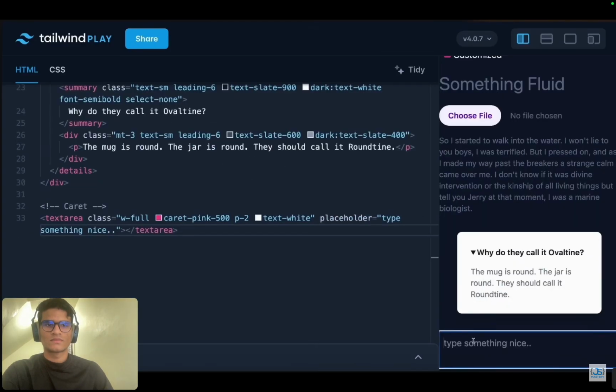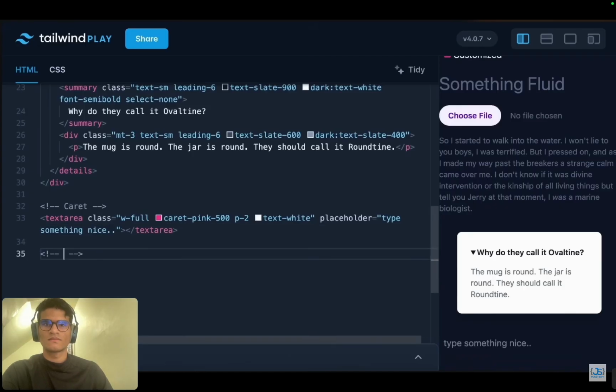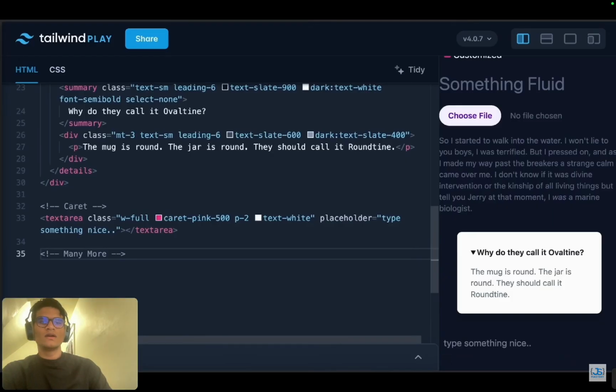You can also modify the color of the caret. Check this out. It is pink. See this thing right here popping in and out, letting me know where my cursor is? Well, that is called a caret, if you didn't know, and you can make it any color you want. And I want to say these were just some examples that shows just how unique a tool Tailwind